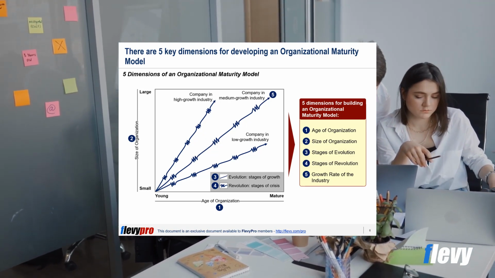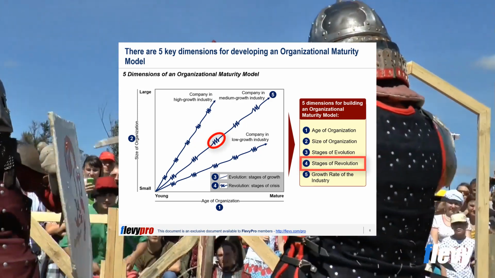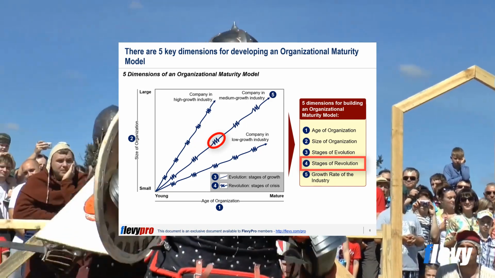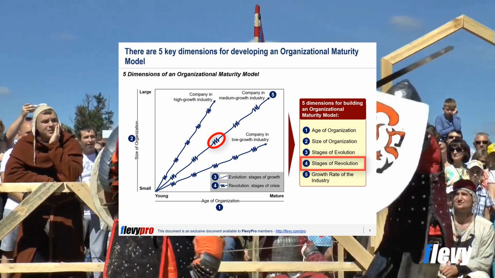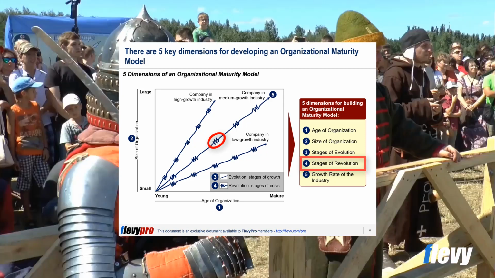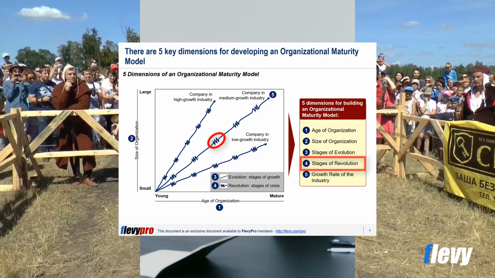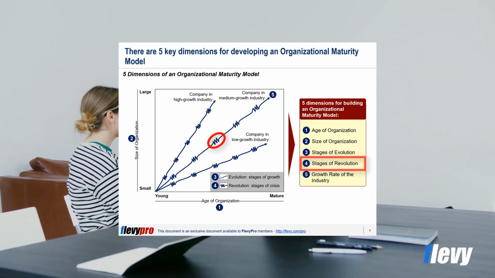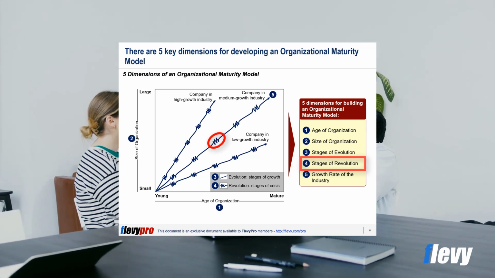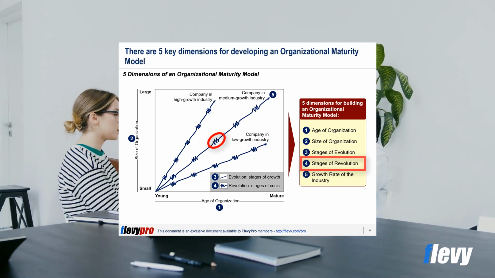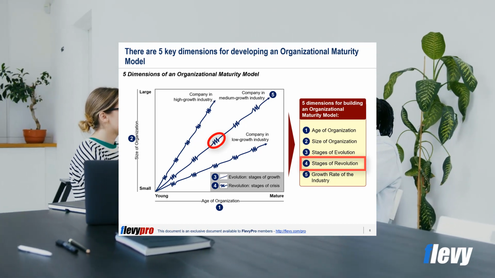This brings us to the fourth dimension, stages of revolution. Revolution is a period of substantial turmoil in the organization's life. Each revolutionary period is characterized by the dominant management problem that must be solved before growth can continue. Traditional management practices that were appropriate for a smaller size and earlier time no longer work and are brought under scrutiny by top-level management and by lower-level managers. During periods of crisis, those organizations unable to abandon past practices and effect major organizational changes are likely either to fold or to level off in their growth rates.